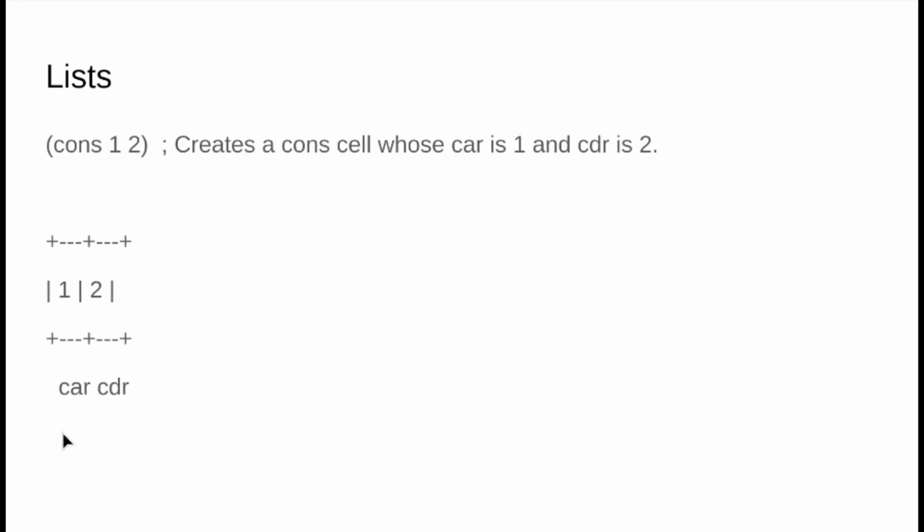The CAR part is the contents of address part of register, and the CDR part is contents of decrement part of register. And this is kind of like a linked list, and so Lisp will be composed of a bunch of lists that are themselves composed of these tiny units of like mini linked lists.